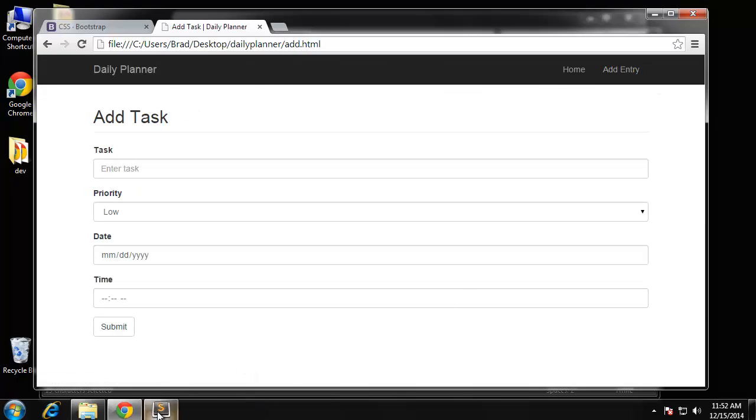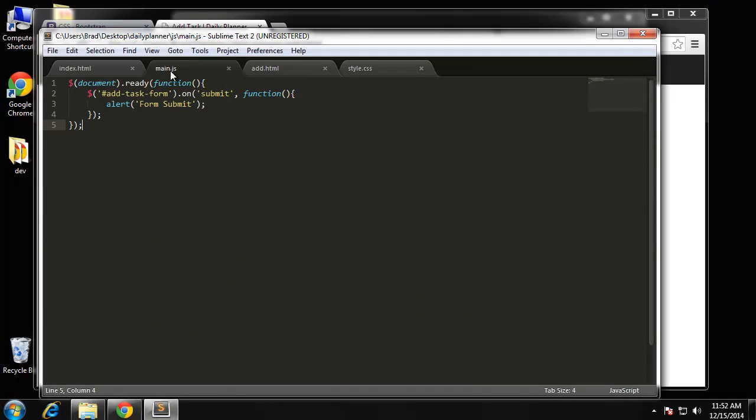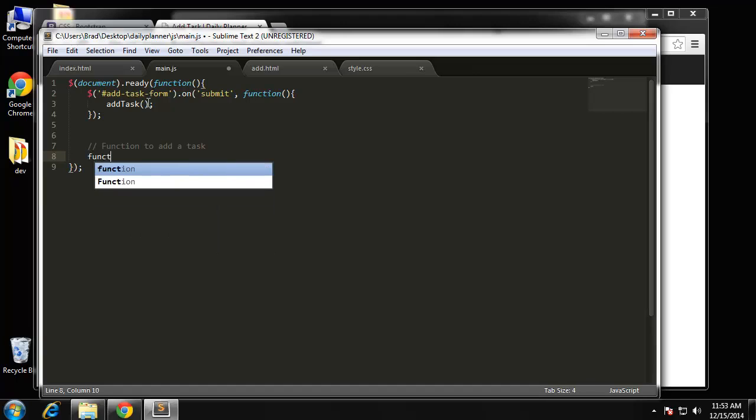Now, rather than sticking all the functionality, or all the code, into here, what I'm going to do is set it up so that when the form's submitted, it calls a function. And it's going to call a function called add task. Alright, now we can create that function. So let's just label it here. We'll say function to add a task. And then we'll say function add task,